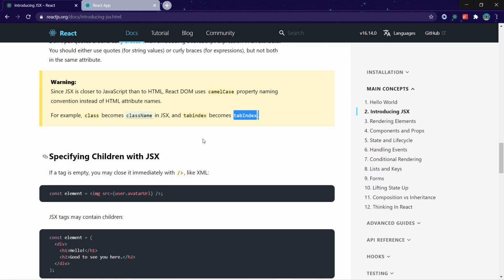Okay, then only it will work. So that is the only one difference in JSX. Whenever you want to use attributes, you need to write all the attributes in camel case, and this is the exception. When you want to use the class keyword, you have to write className, because class is a reserved keyword and React will get confused. So that's why it has been converted to className if you want to use class in JSX.